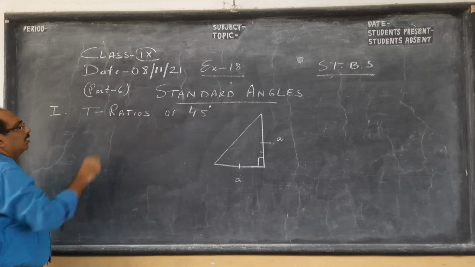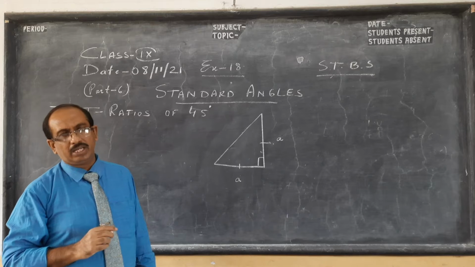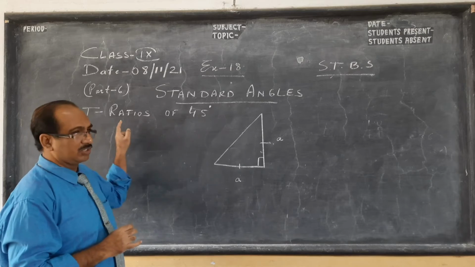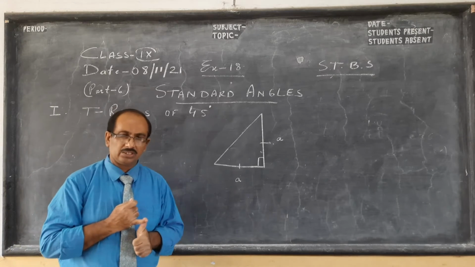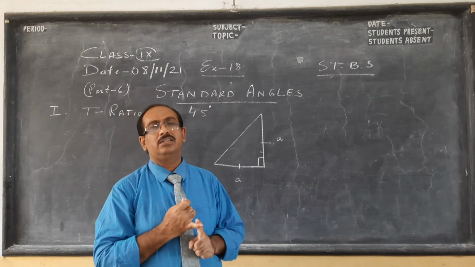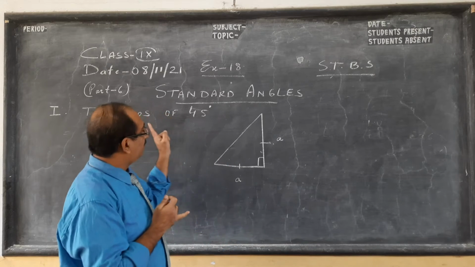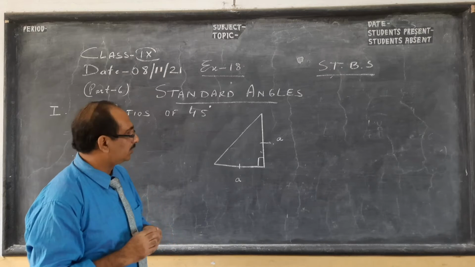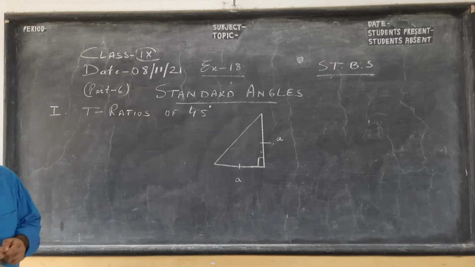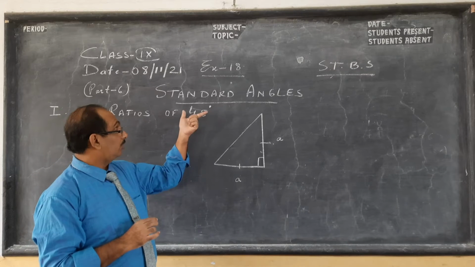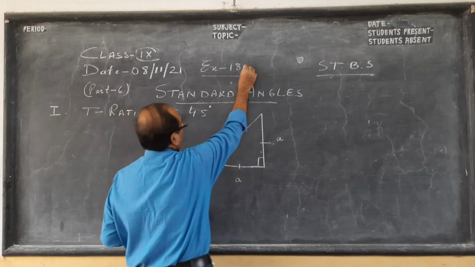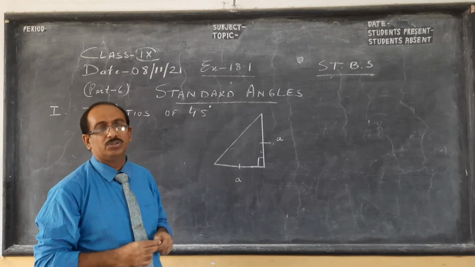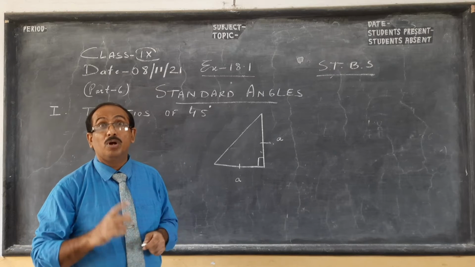Parts 4 and 5 I have done complementary angles. In 1, 2, 3 I have explained what the trigonometric ratios are. There are 6 T ratios, trigonometric ratios: sine, cos, tan, cot, sec, cosec. Every chapter is related to trigonometric ratios. In the beginning it was trigonometric ratios, second we saw trigonometric ratios of standard angles, 18.1 in ML Agrawal's book, and 18.2 I have done in my previous 2 videos, trigonometric ratios of complementary angles.